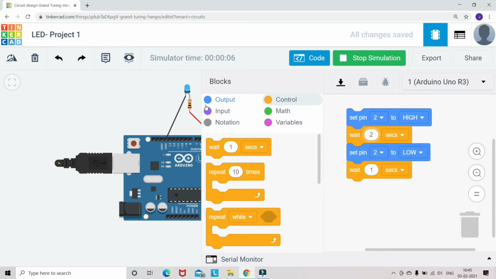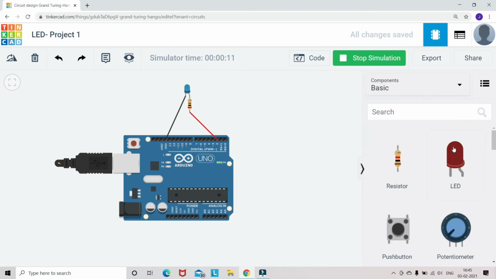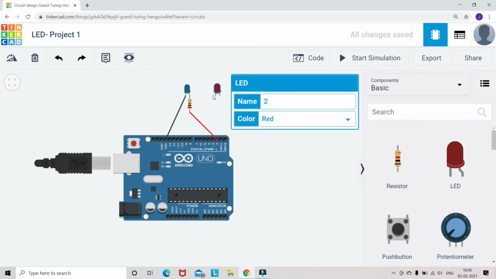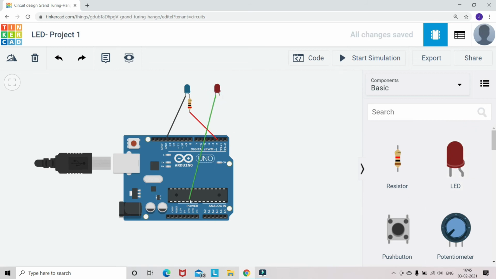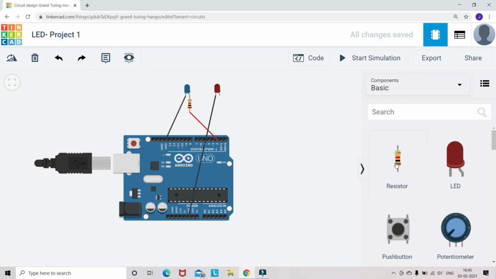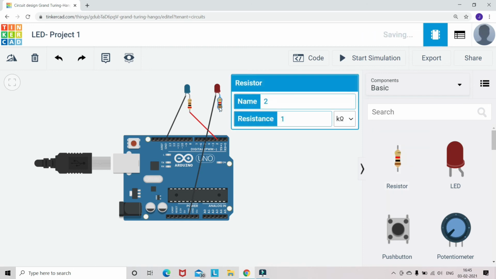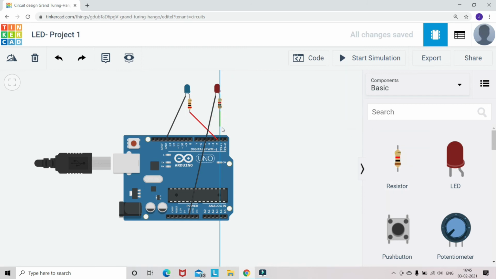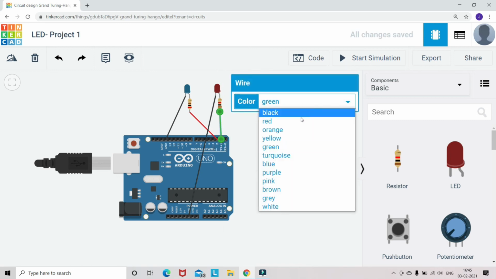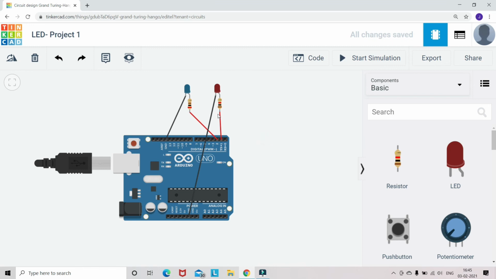Good, great. Now let us connect one more LED. So let's repeat the steps whatever we did so far, we can just revise it. So the second LED I added, the cathode, again I would like to connect to ground, it's fixed. The anode through a resistor I would like to connect to any of the digital pins. So I just took a resistor and the resistor value I changed to 200 ohm, I can do it. And then I will connect this to digital pin 1.